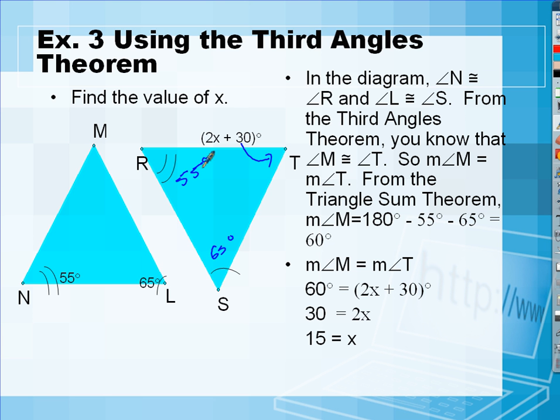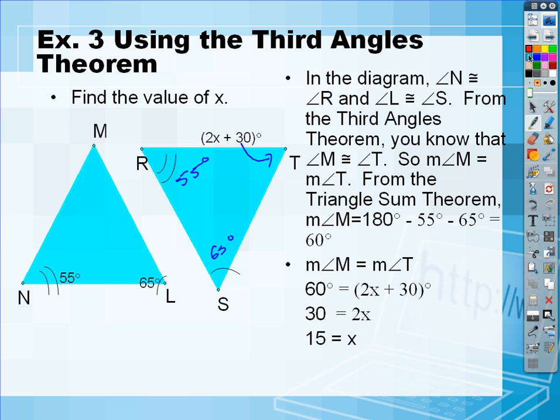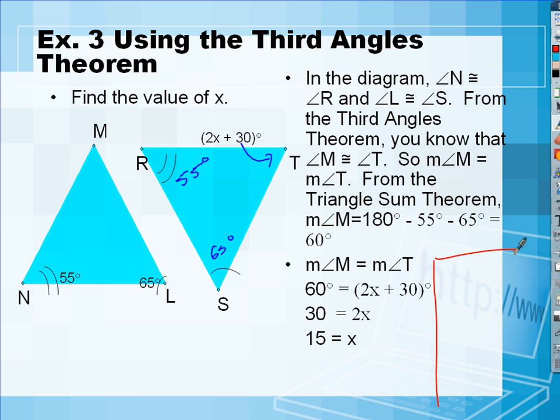So then 55 plus 65 plus 2x plus 30 has to equal 180, right? This is a little goofy the way this is written over here, but we could do that algebra really simply. Right, we could just say, let's do it right here. Or over here. If I know that